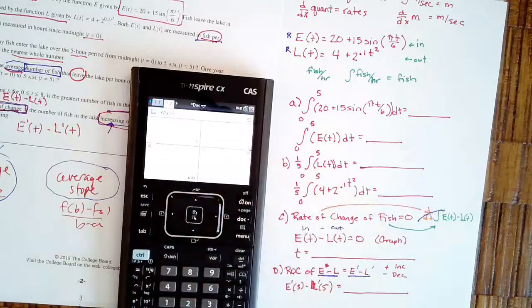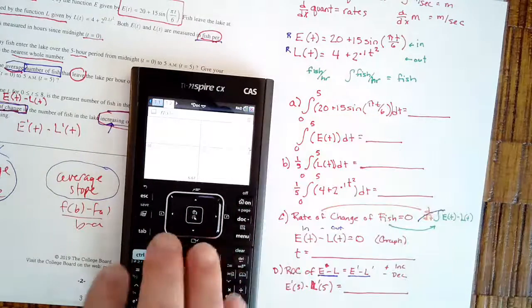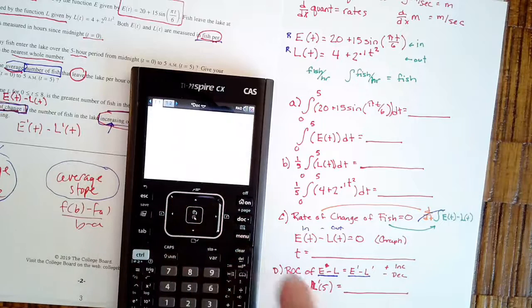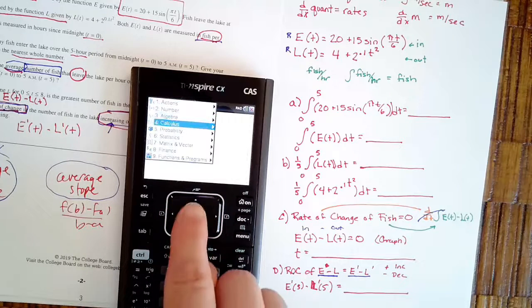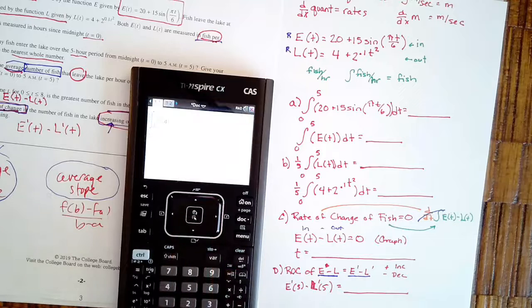And there we go. Okay, so the first thing I need to do is integrate this particular function right here. I'm going to do it a couple different ways. I'm going to do it right from the calculator page, menu. If you're not sure what to do on a problem, integrate or differentiate. Just do one of the two. I'm going to integrate from 0 to 5